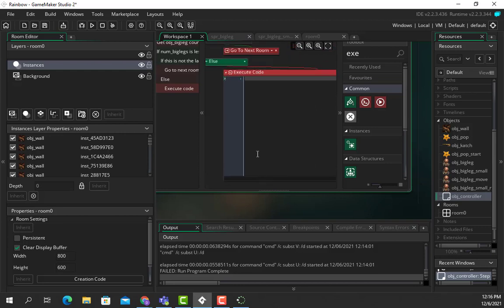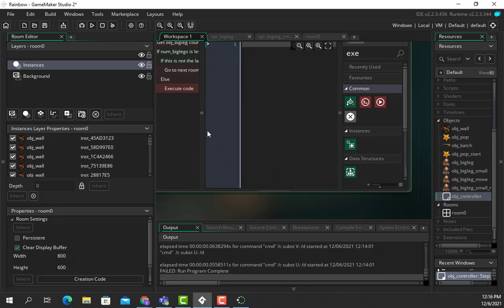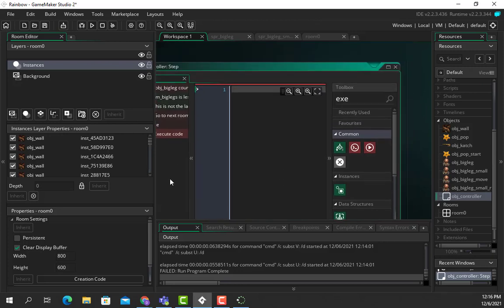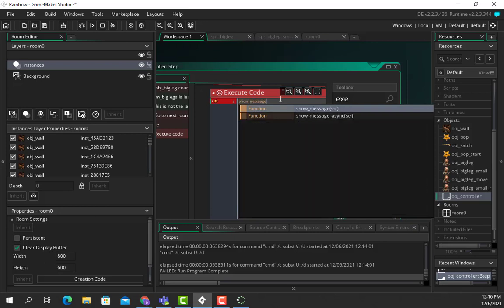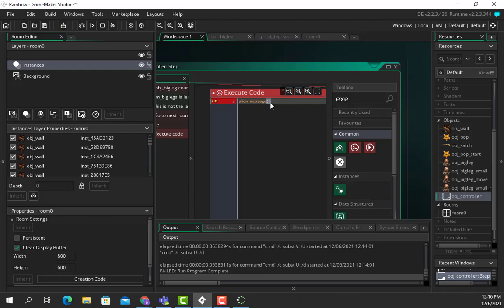Okay, so what is the command then? Well, we used it once before. Let me see if I can get this so we can actually see it there. You would say show message. This one here, show message. And what message do we want to show? So inside the parentheses in double quotes, we would say,